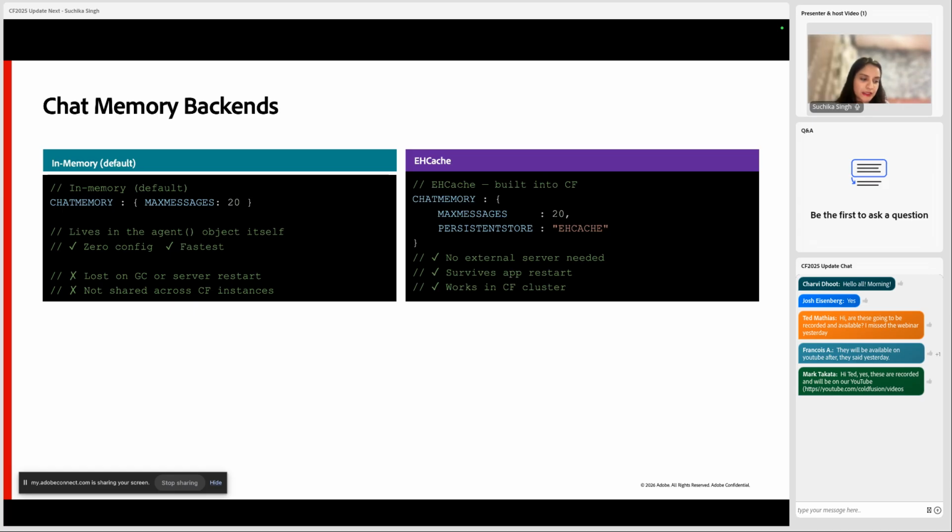Then we have support for cache, which is by default the caching engine for ColdFusion as well. Again, no external server and no configuration required in this case. It would survive an application restart, but not a server restart. It can also work with CF clusters. So it is a good middle ground for most production deployments. But